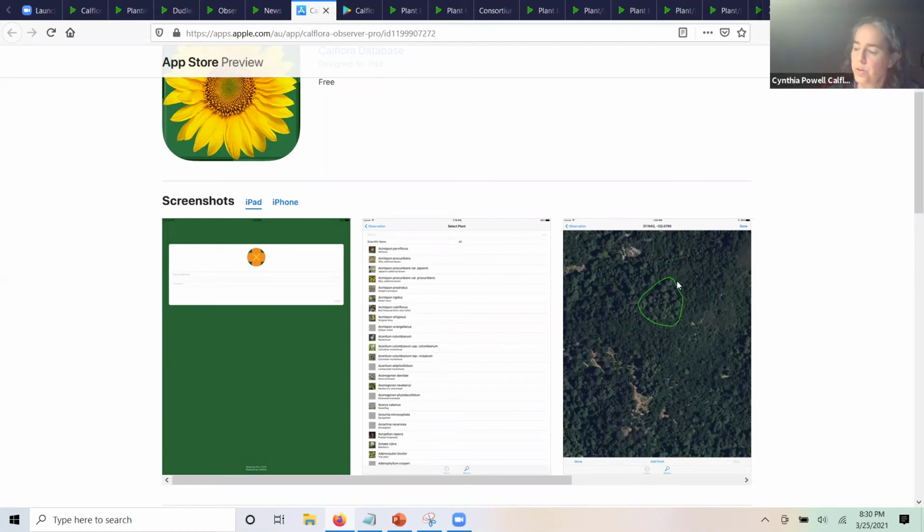And if Susan Campo was asking about photos, if you're taking photos with your phone and you're not using the app, that's fine. If you don't have location services turned on, then your photos will not have the location embedded in the EXIF of the photo. The EXIF is an associated file with a photo. And if you don't have a location embedded in your EXIF, then you can add it to Calflora. So for instance, if you're scanning some old plant photos that you have, or if they're photos from a camera that didn't have GPS, an older camera, you can